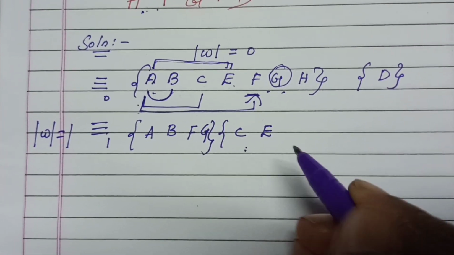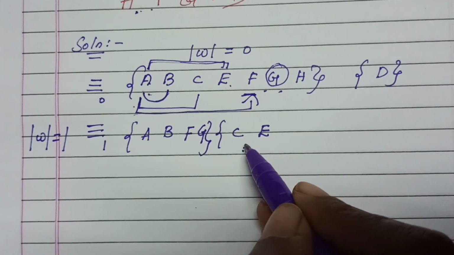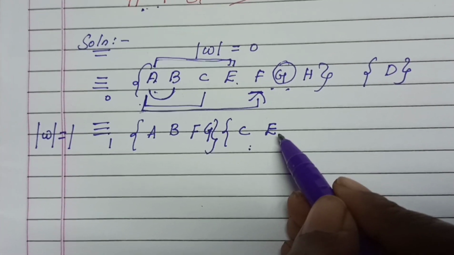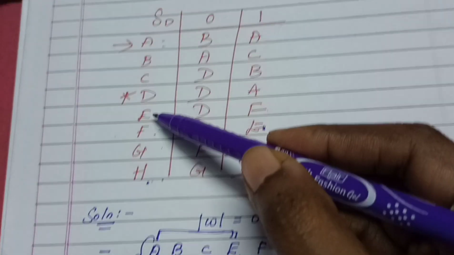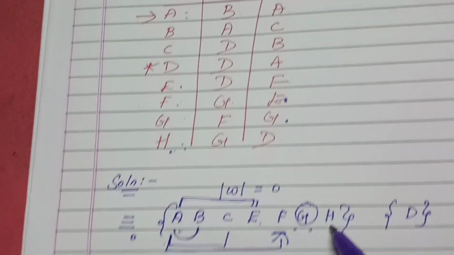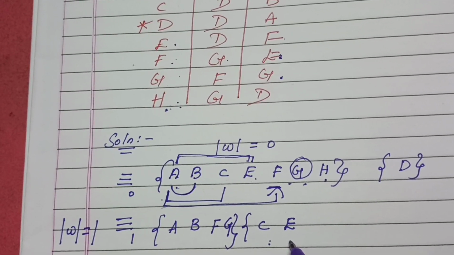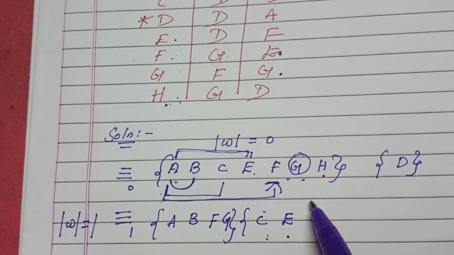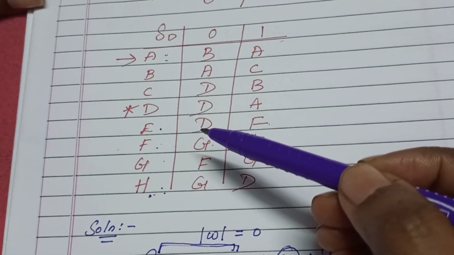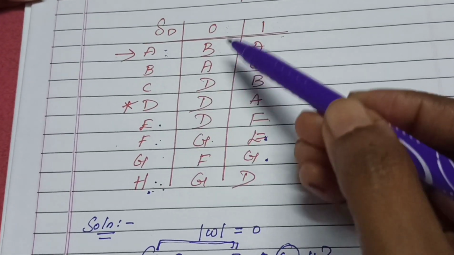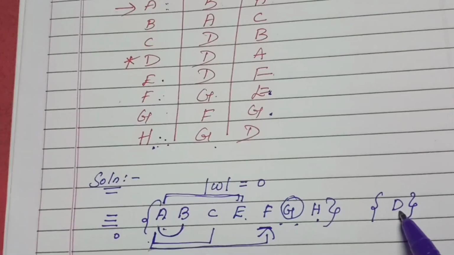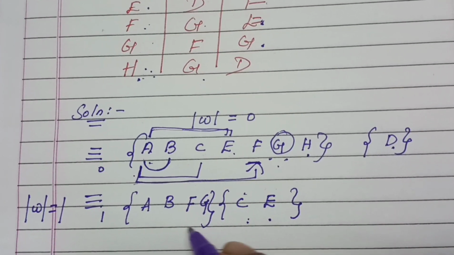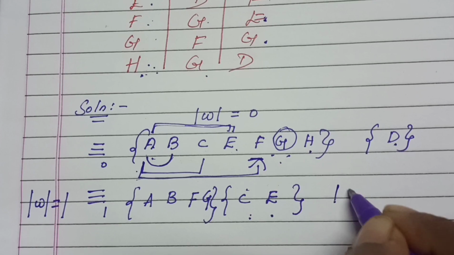So close this set. But let me check whether H can be written along with C or E. You can check C and H or E and H also. Anything you can choose. Let me go with E and H now. I am going to check whether this H can be written along with this set. For that I can choose either C or E to compare. So I'll check E and H. E and H, on reading 0, go to D and G. So D is in one set and G is in another set. So obviously I cannot write H along with any of the sets. I have to write it separately.